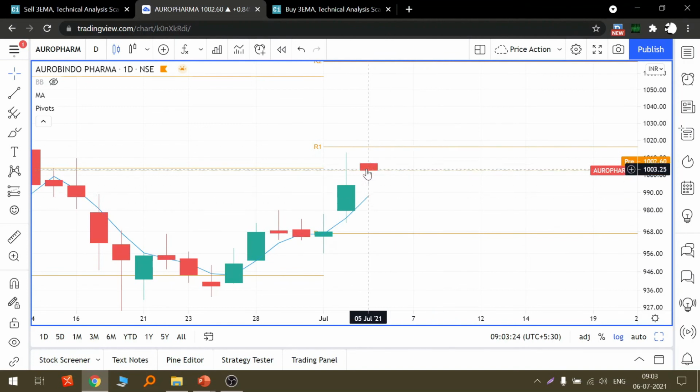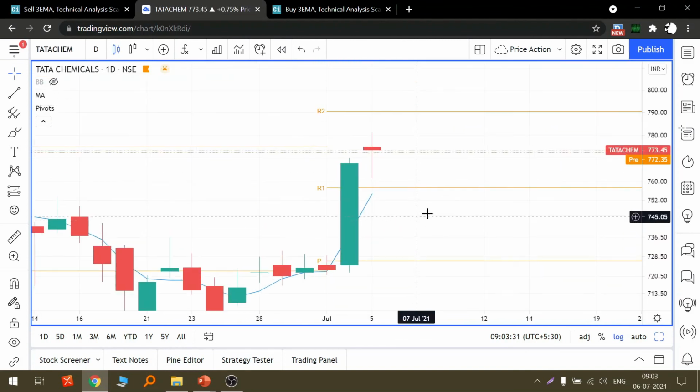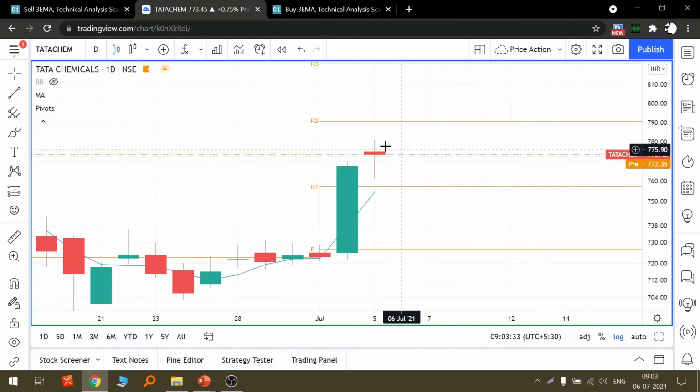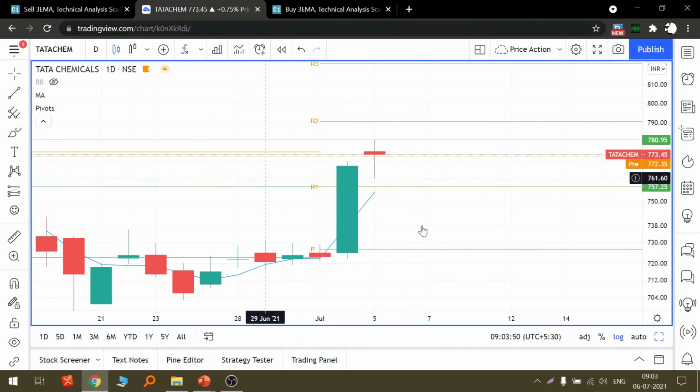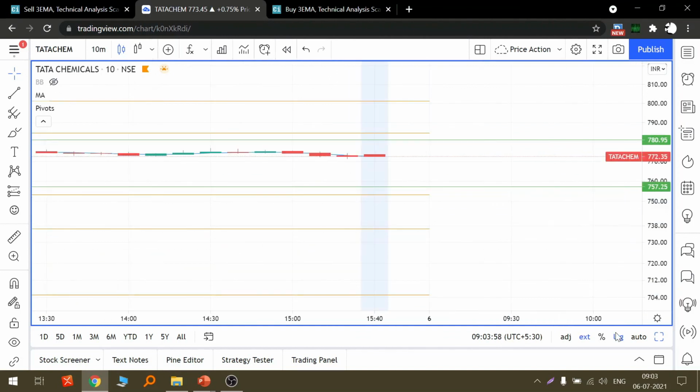Even this is away from its swing, but yesterday it was open equal to close, so yesterday morning it would have been a very good trade. Then Tata Chem came, where maybe we can go for a short trade with a good target till R1, till this point. The stop loss would be here. Entry, as soon as we get the opening, would be our entry, and this would be our first target. So Tata Chem is one stock which is looking good to trade. Let's see this in a lower time frame.